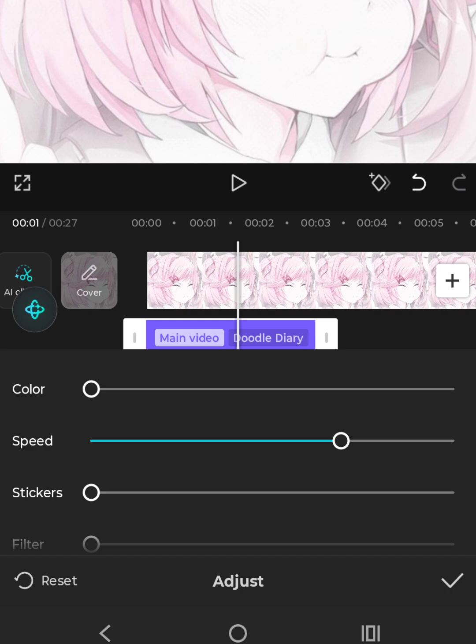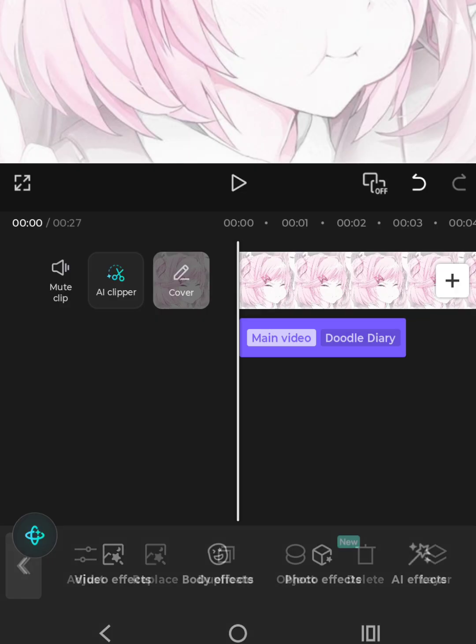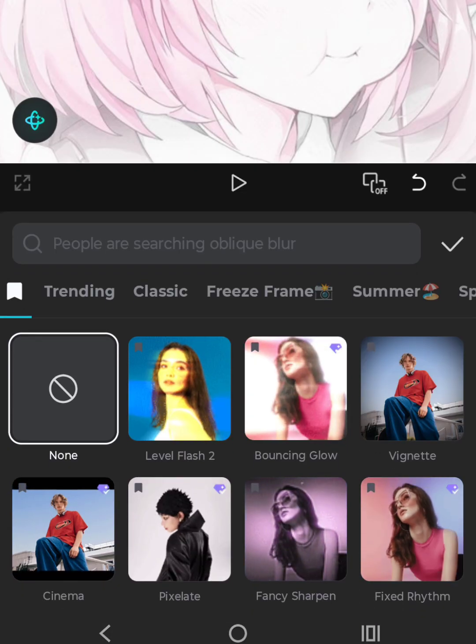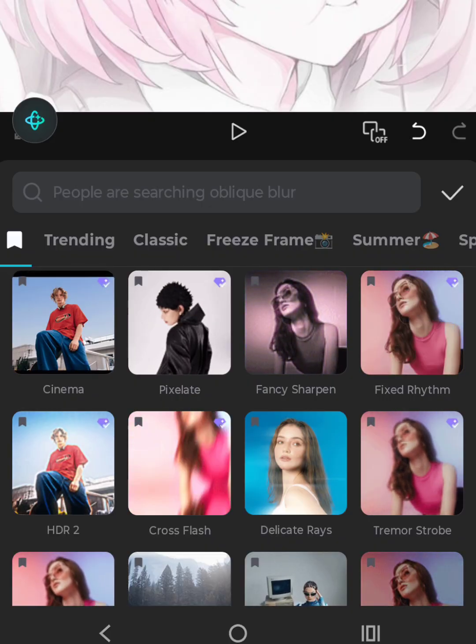And if you don't want it, you can just adjust it. And then I also use, if you're looking for not an aesthetic edit, kind of